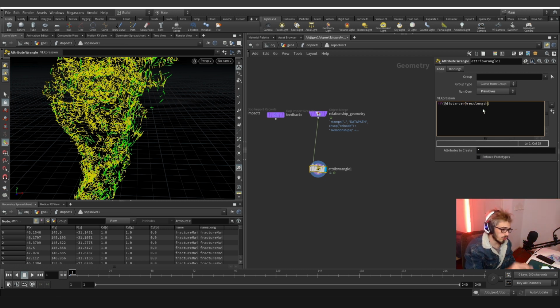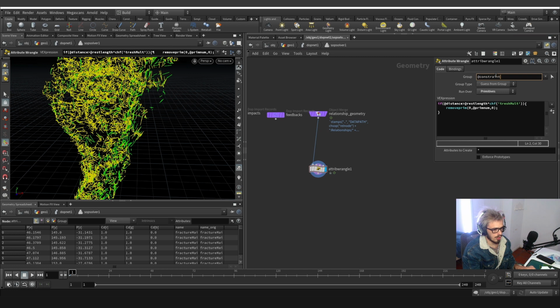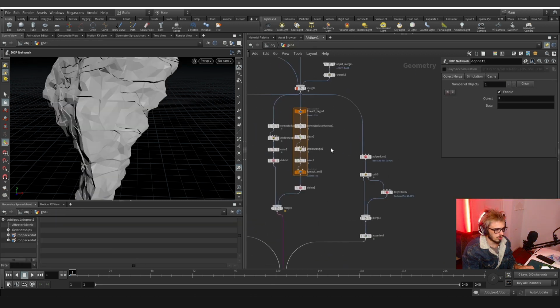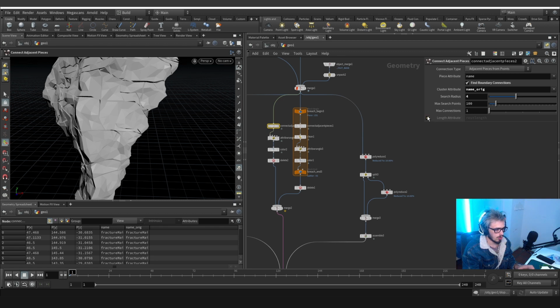Oh, I forgot to actually put the rest length. This is really important, and we will go back. Multiplied by CHF, and we will put thresh mult. Like so, we will remove the prim, which will be the prim num 0, like so. This will only work on the pieces that are constrained, name prim, nowhere else. So let's go back and let's go to the constraints and actually create the rest length